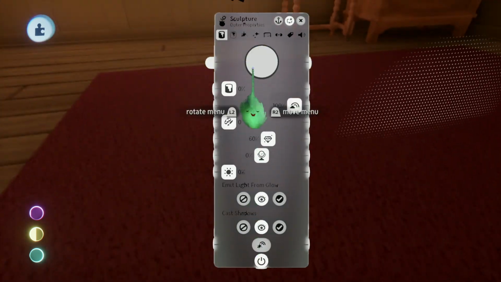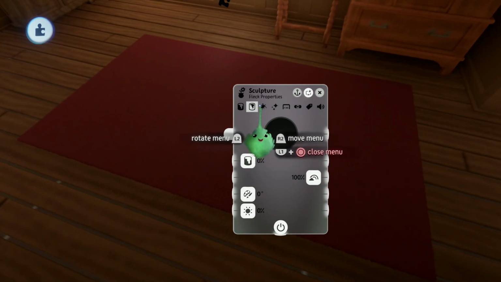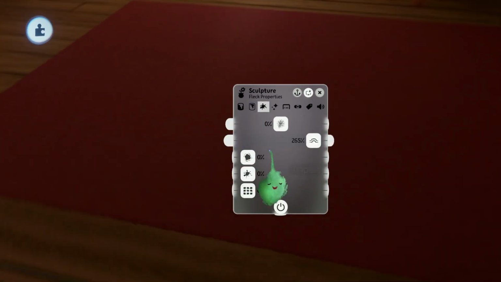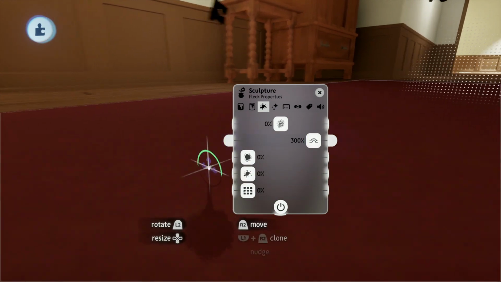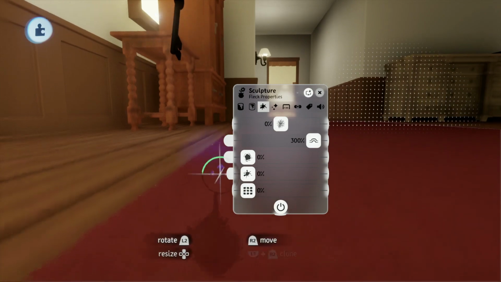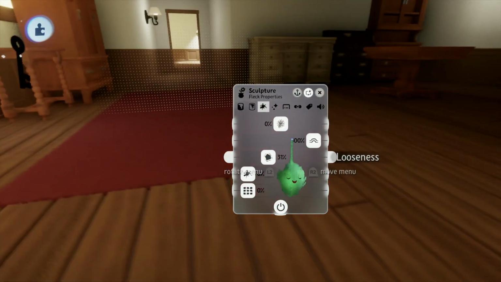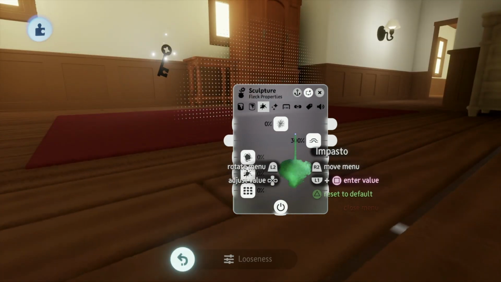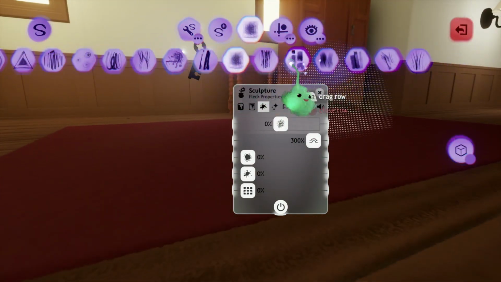It can sometimes be good to leave the luminoids on carpets because carpets are fuzzy, although other times it may look a little bit more clean to go without it. You can turn up the impasto and it will make the carpet have a little fuzz to it if you want. And turn up the looseness and it'll become even more fuzzy. If you wanted a hairy carpet,